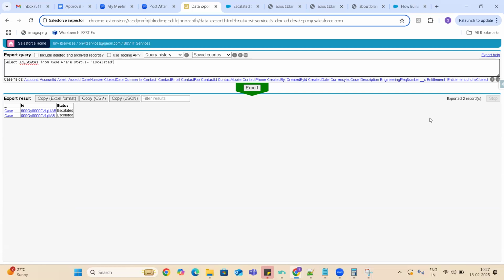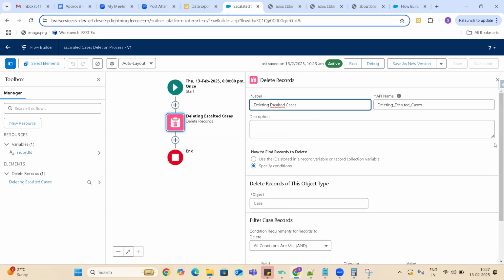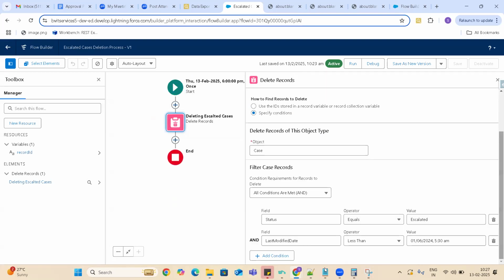One second. Let me take off the other condition, because in the flow, actually, I have to take off the last modified condition, guys, because we don't have any old data, right? If I have this condition, obviously last modified date is not less than this particular date. It's always greater than, right?